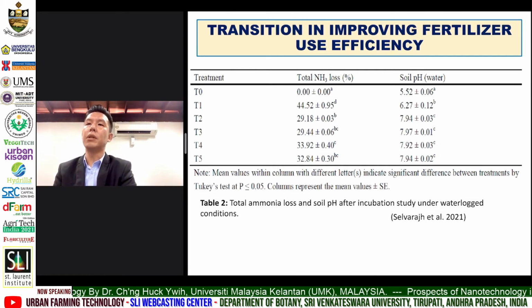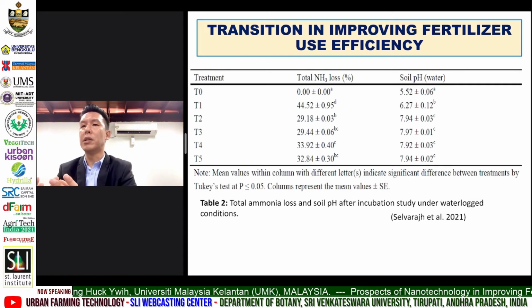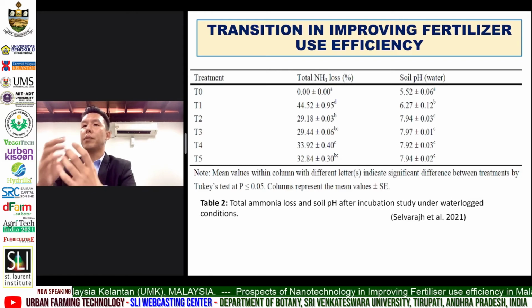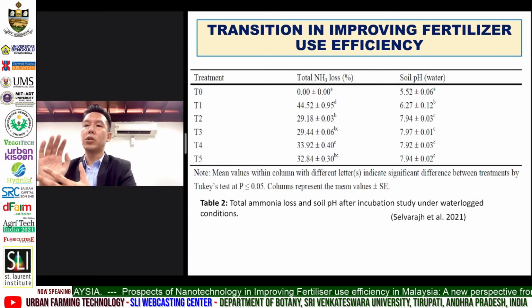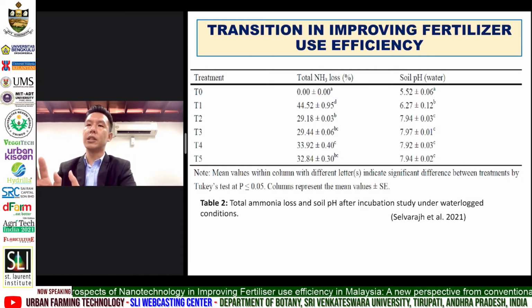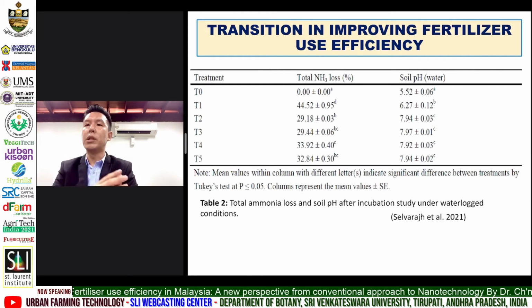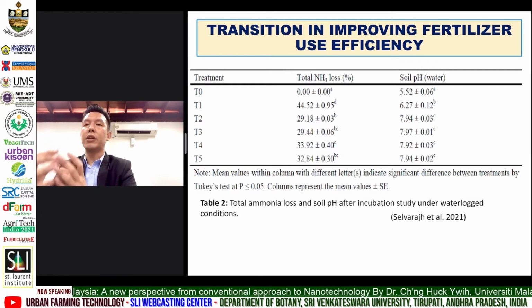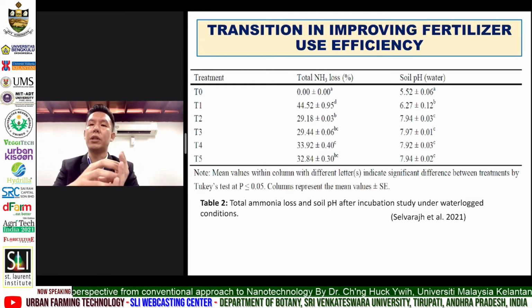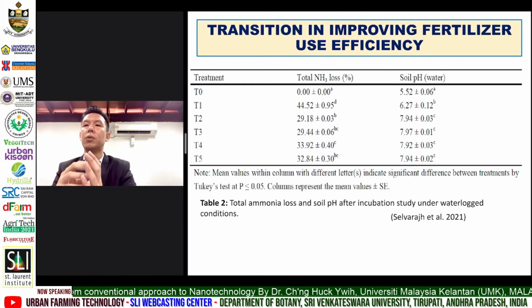At the same time, the large surface area of these organic amendments such as compost and biochar was able to chelate the ammonium ions and also the aluminium and iron ions, which cause the fixation of the phosphate fertilizer. This surface area with a large quantity of negative charge has the greatest affinity towards the aluminium and iron ions. Thus, we can chelate them instead of letting the aluminium and iron bind the phosphate fertilizer. So the phosphate fertilizer will then become more freely available for plant uptake.